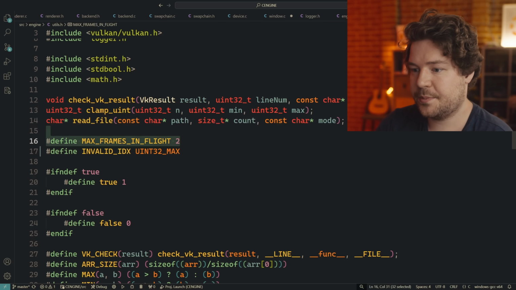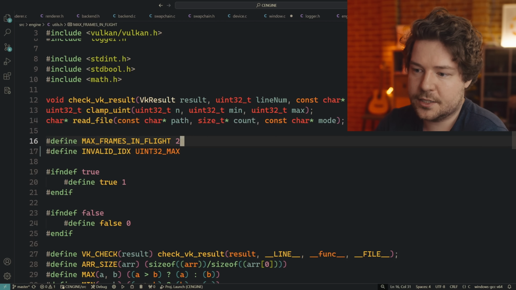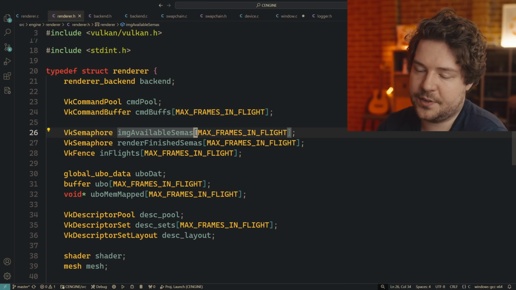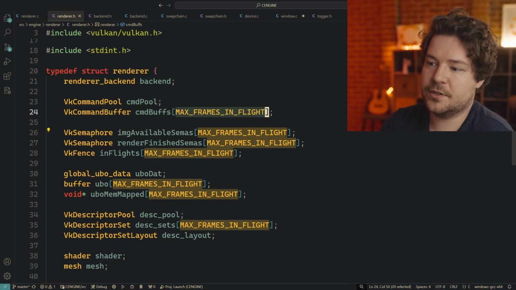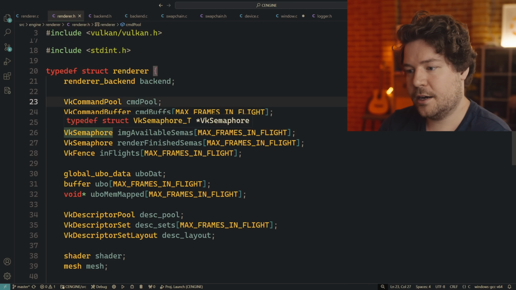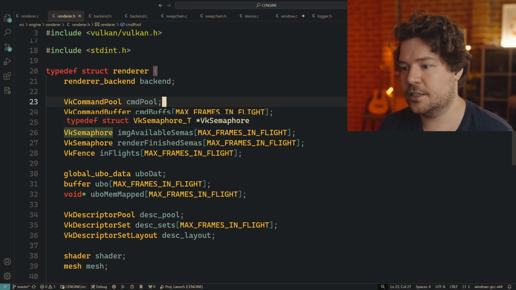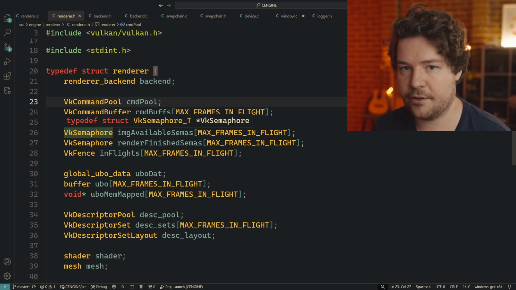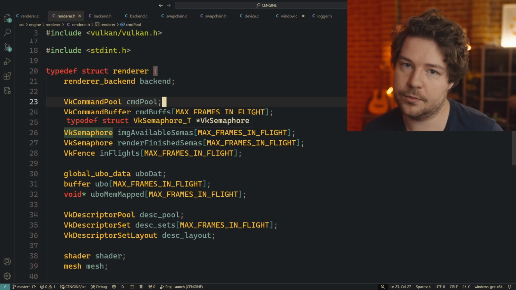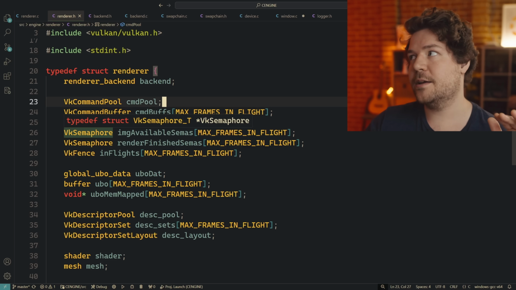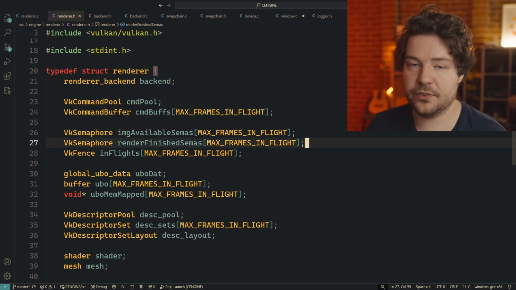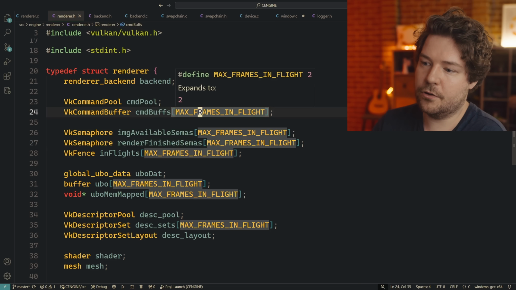Maybe something like invalid index is fine, but generally I would avoid defines, and instead I would try to have variables. Specifically for something like this, because this shouldn't be a compile time constant, I would instead, maybe even in the renderer or in the engine, have a renderer specification that you could take in, where you could have a max frames in flight that you could set manually to 2 or 3, for example. But then when the swap chain gets created, it can actually tell you how many swap chain images you have, and therefore how many frames in flight you can possibly have, right? Assuming you're rendering to the swap chain. So you could set it to 3, but then cap it to 2 if you're on a graphics card that only supports 2 frames in flight. But the fact that you have thought into this is good.